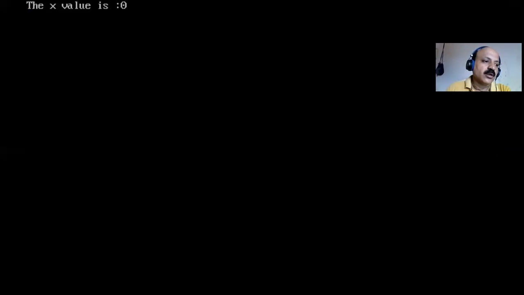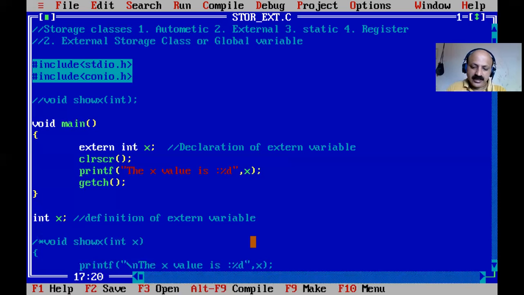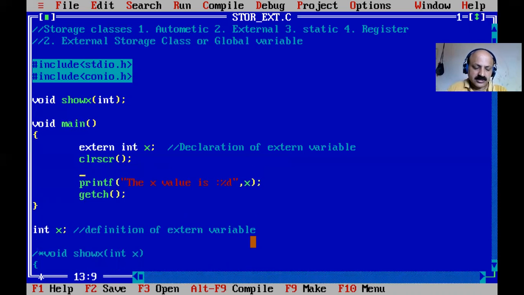It prints 0. By default, an external variable has a life cycle that is global, meaning within the whole program. And for scope, you can use a global variable in any function.